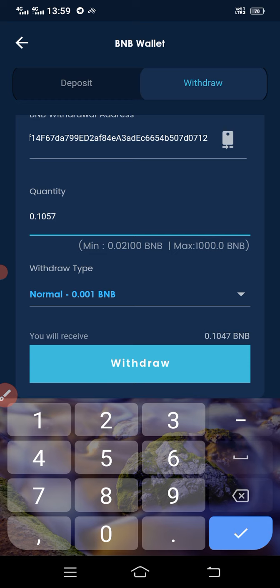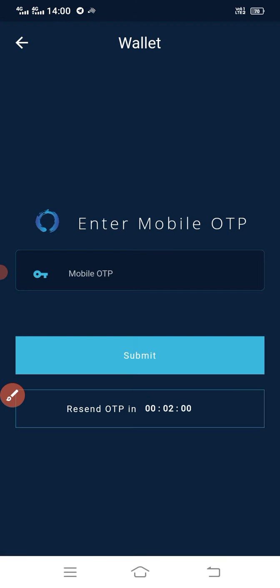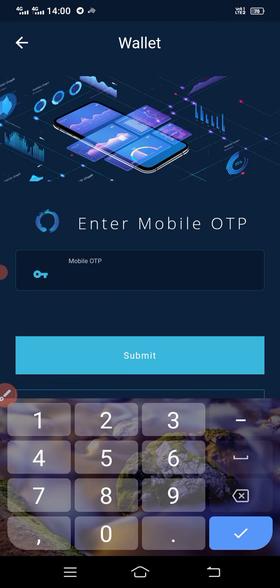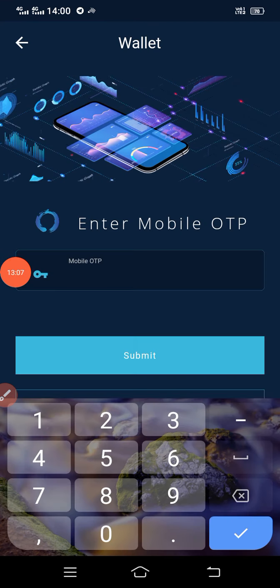So here you can see I'm getting 0.1047 BNB. So it is very nominal. Two-way verification will be done once you get an OTP on mobile. So we have to wait for the OTP to come. You'll get it very quickly. I'm waiting for it. Yes, it came.